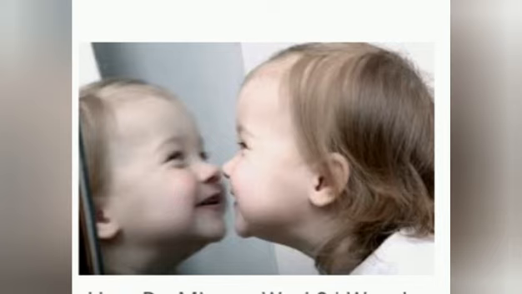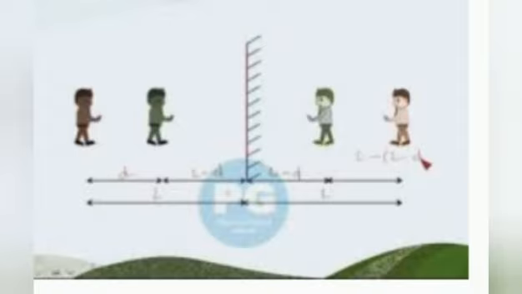Now third, the image formed is as far behind the mirror as the object is in front of it. Means if you observe your own image in the plane mirror, you find that the image is the same distance behind the mirror as you are in front. Similarly, children, when you move close to the mirror, your image also moves equally close to the mirror. And if you move away from the mirror, the image also moves equally away from the mirror.